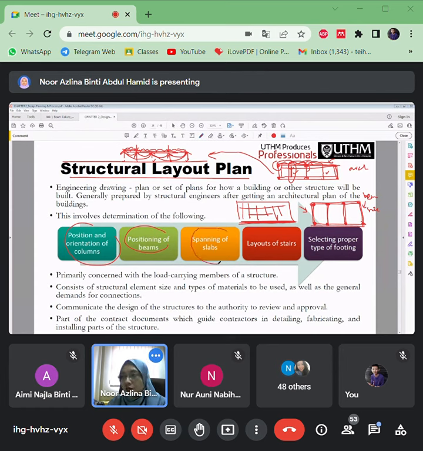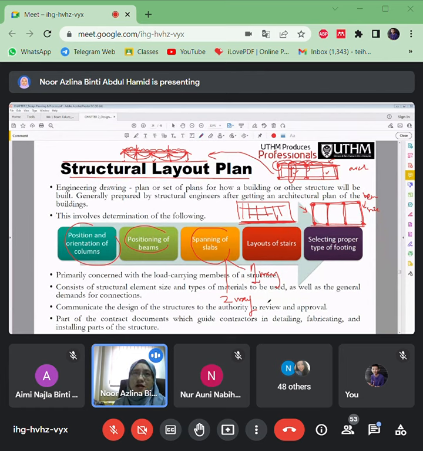Okay, spanning of slabs. Remember, we have two types of slabs, right? We have a one-way slab, and another one we have a two-way slab. So you have to determine these two types here. Okay, tapi tak perlu design slab.